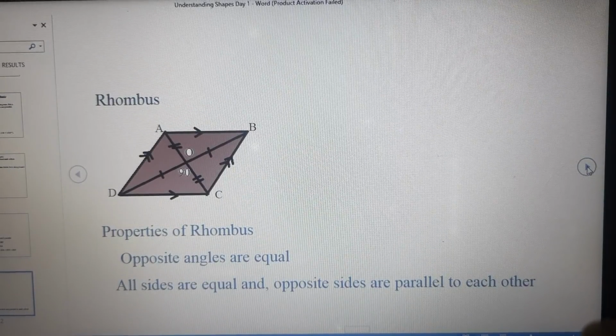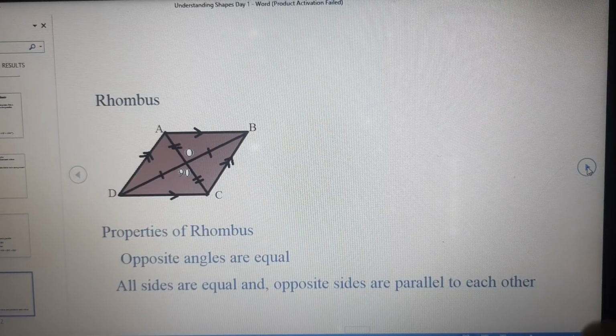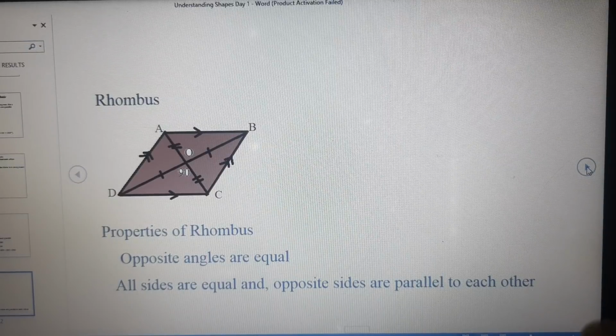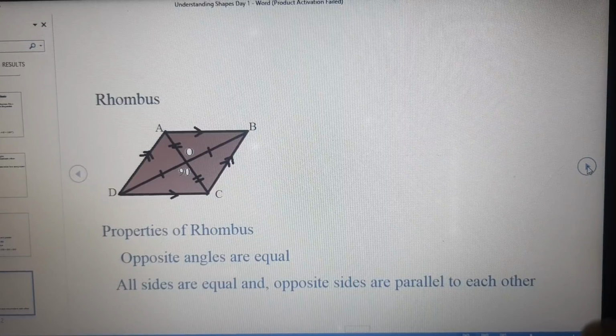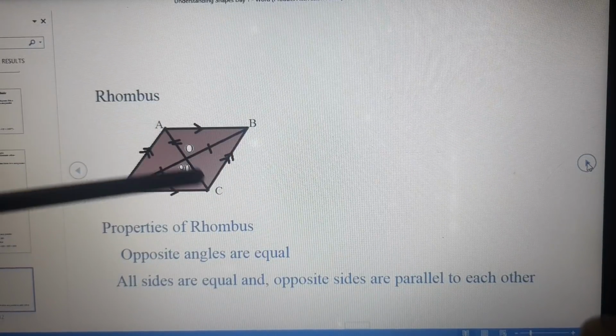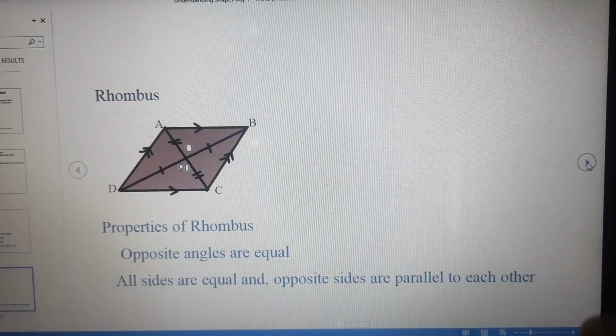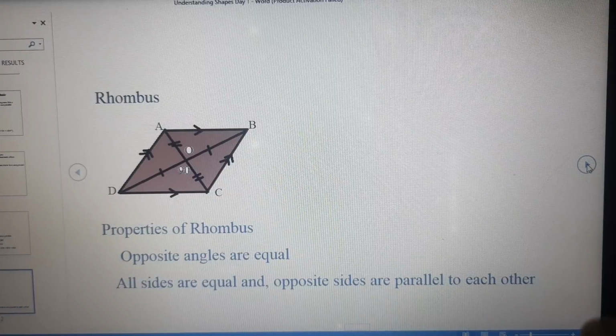Now coming to the diagonals, in all these quadrilaterals, diagonal property is very, very important. You have to use it in your classes, class 9th, class 10th. You'll use them in future, so you have to remember them. So diagonals AC and BD, first of all, they are unequal. They are not equal. In case of a rectangle and square, they are equal.